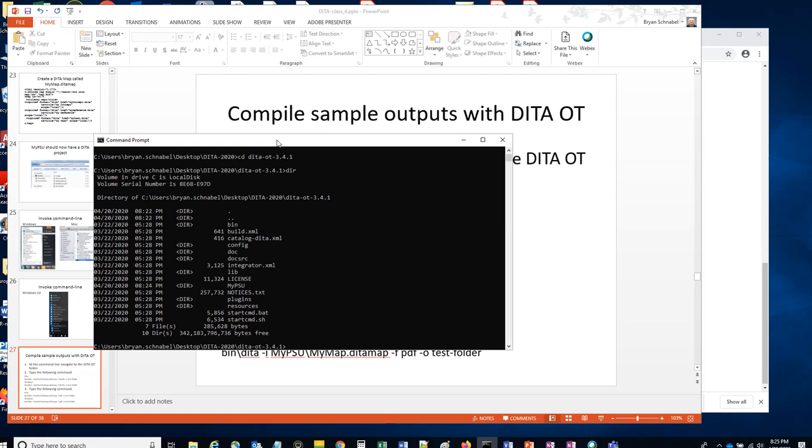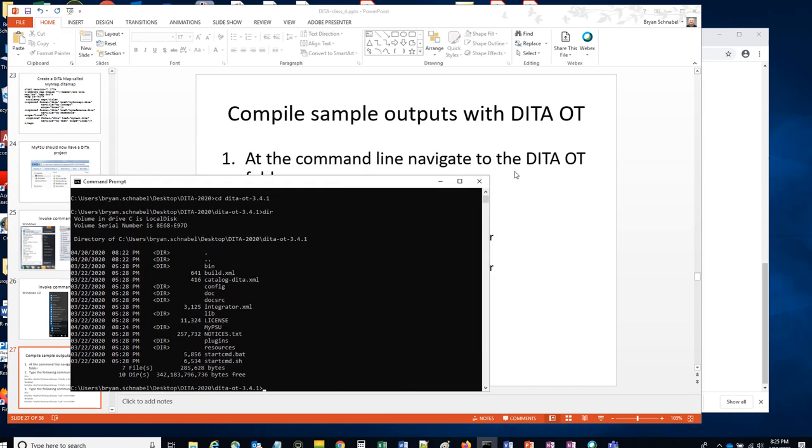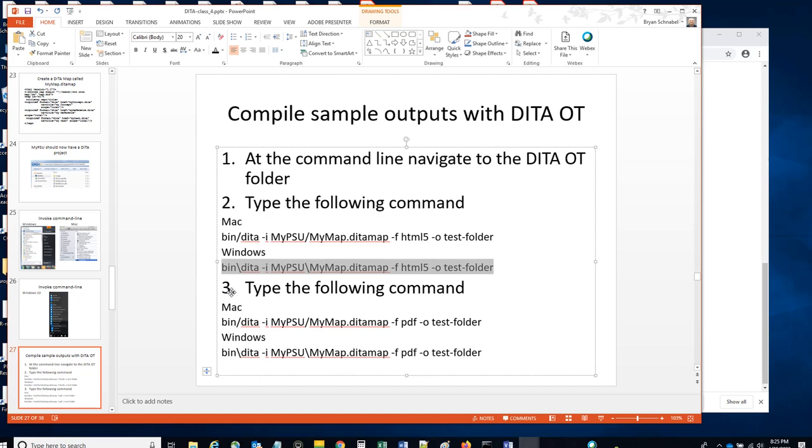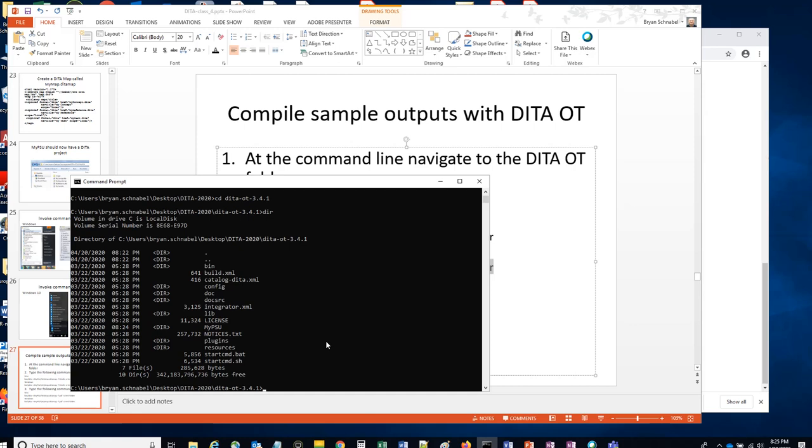I do a directory and I see that I have the mypsu directory there. So then I'm going to copy the command line here carefully, since I'm in Windows, from here to the end, making sure that I don't get a trailing space. See, I have that, so I'm going to copy that, Control C, go back to my command line and Control V to paste it in there, and it's going to go into this thing called test folder. I think I said I wanted it to be in mypsu out, mypsu out, something like that. And I'll hit enter,